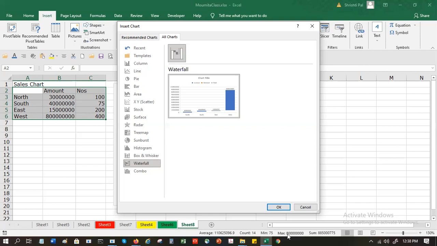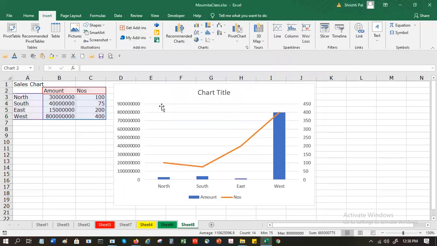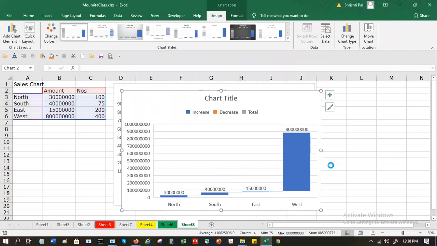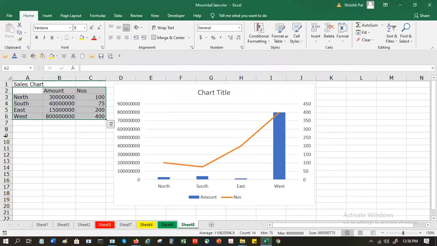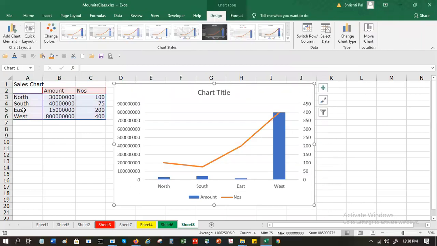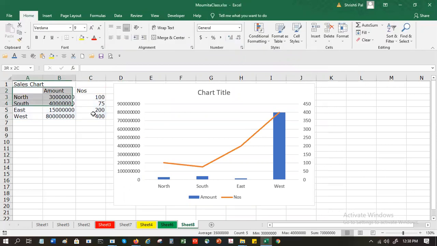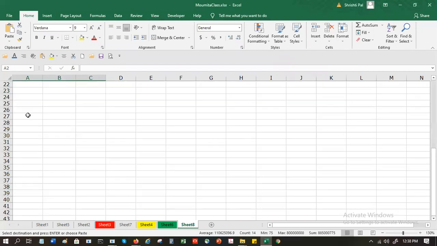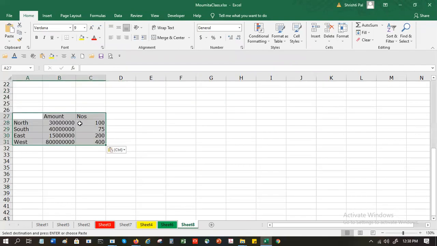Now here, I'll show you another thing about this. You have this amount and numbers and all this, right? I'll not go into this type of chart now. I'll change this a bit. Instead, I will have a more decent number here.